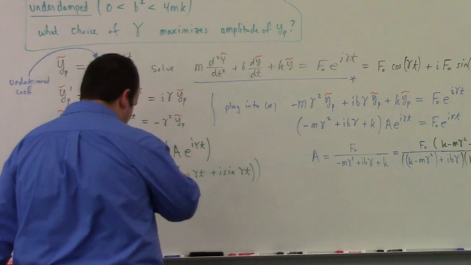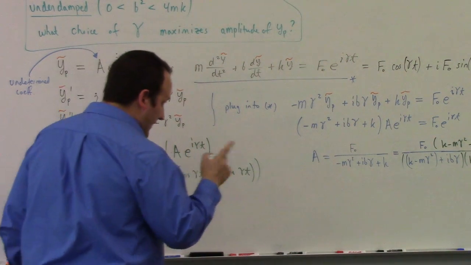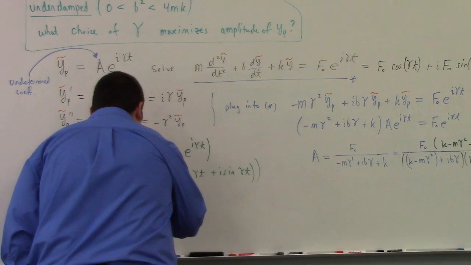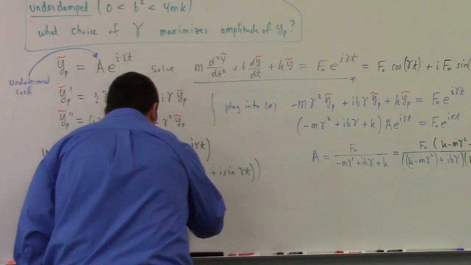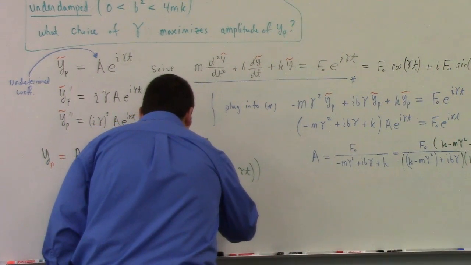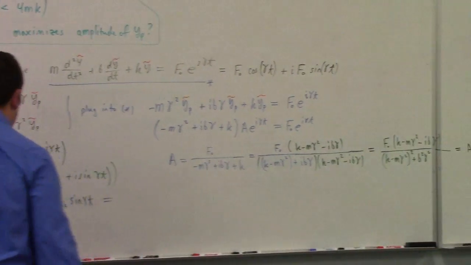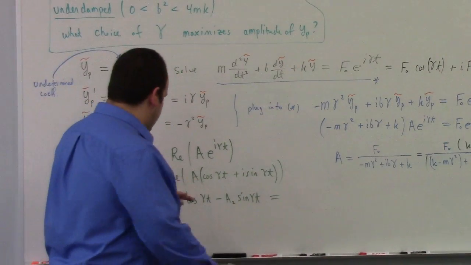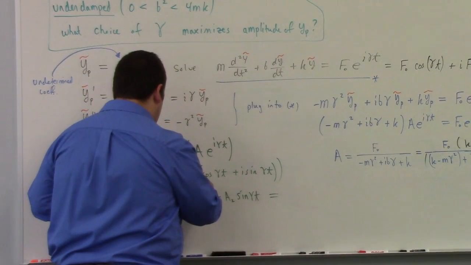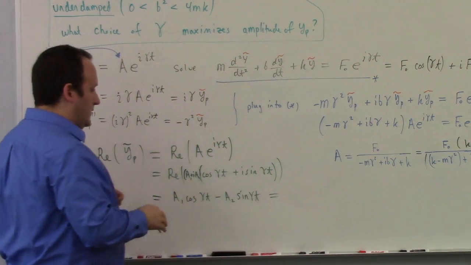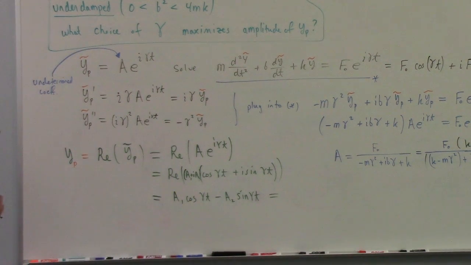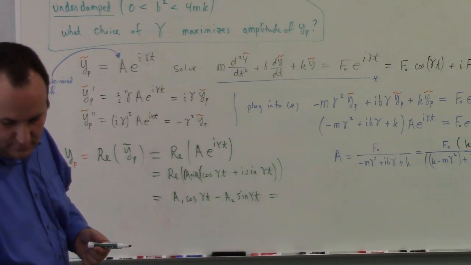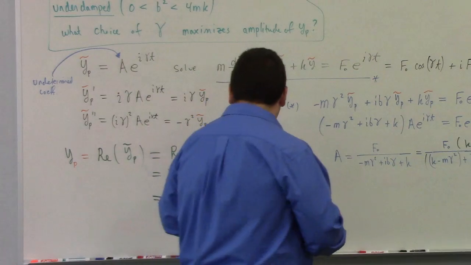And so multiplying that out, let me just get to the point here. That gives us a1 cosine gamma t minus a2 sine gamma t. Because when you multiply a1 plus i a2, the real part is going to be like a1 times cosine minus a2 times sine. Everything else has an i in it left over. And so that is going to give me,